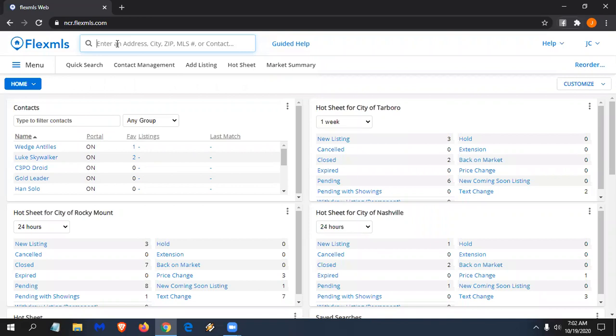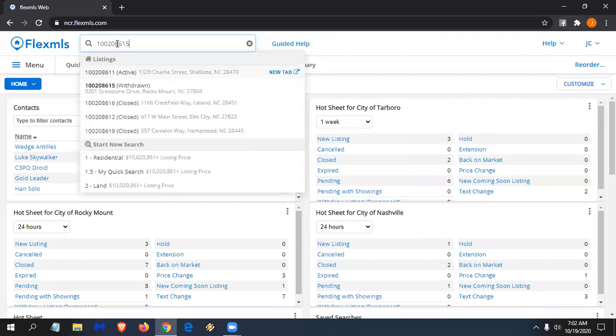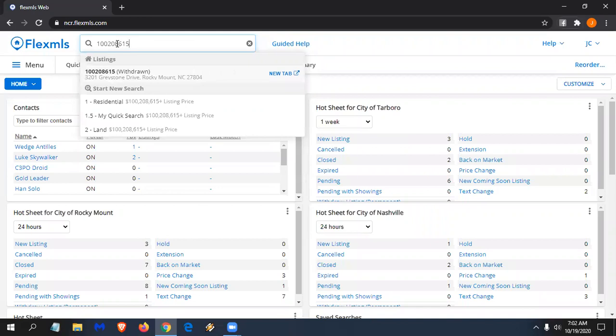So the first thing that we're going to do is type in an MLS number. So I'm going to put in 100208615. Again, 100208615. And I'd highly recommend